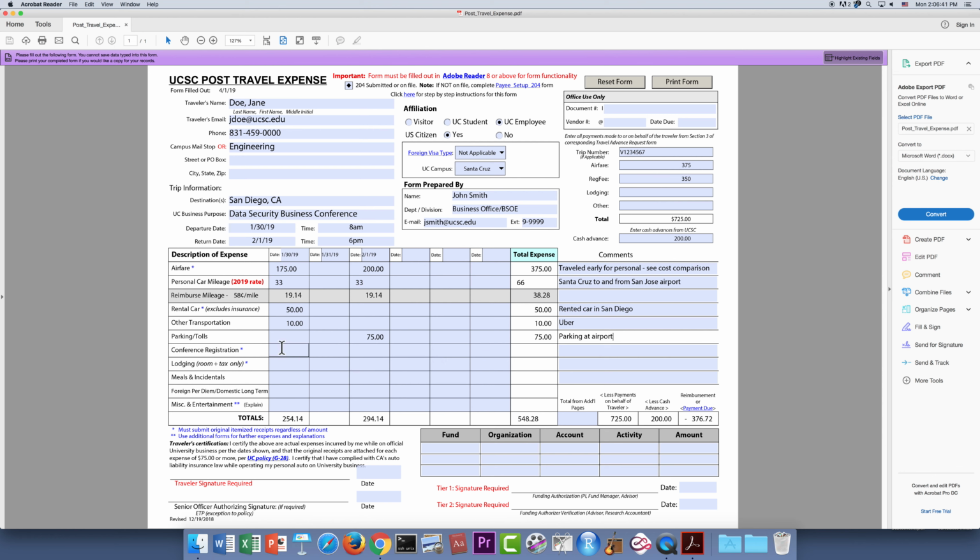Conference registration was $350. And you should have that receipt already attached to your travel advance request. If you don't, you want to attach it there. The same with the airfare. You paid for airfare in advance, or if you didn't attach the receipts to your travel advance request, you need to attach them here